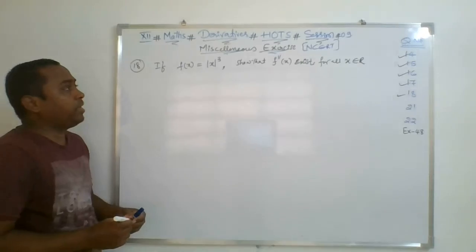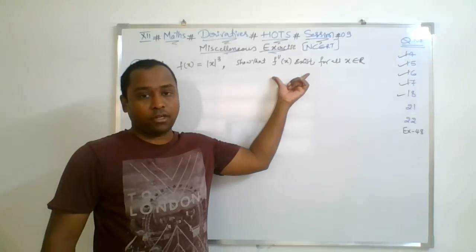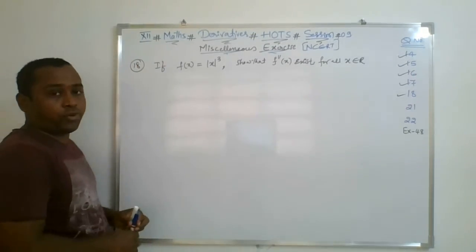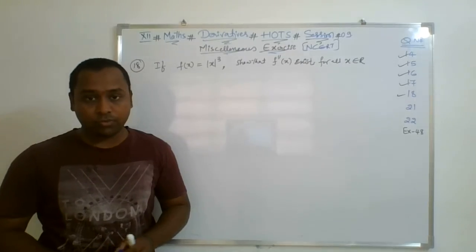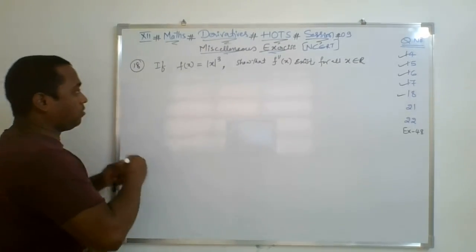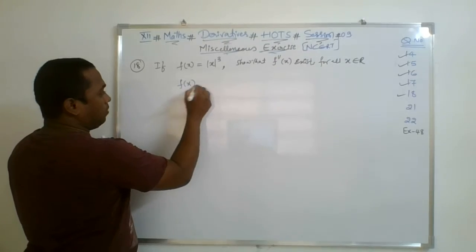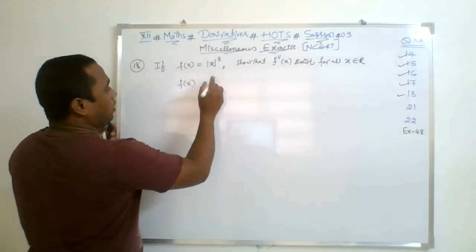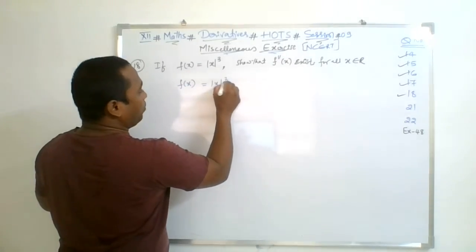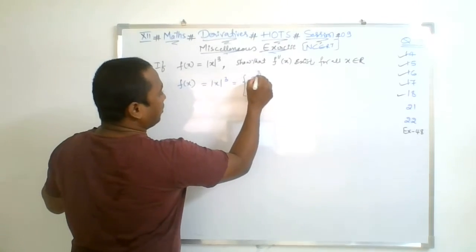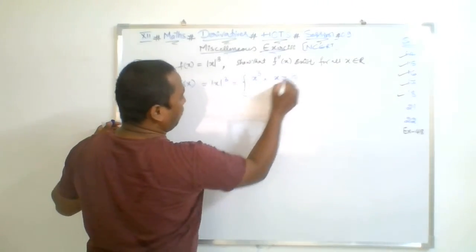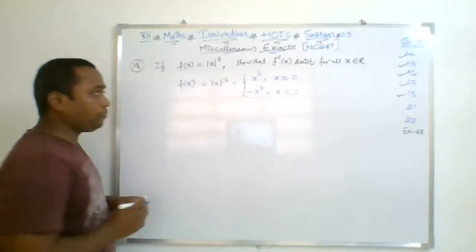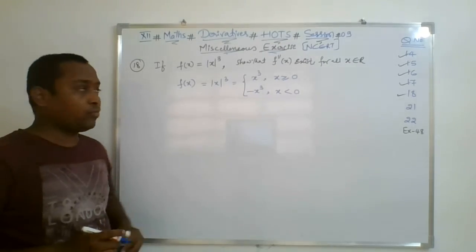First, we'll simply do the derivative of the function twice and then we will conclude the statement. Now since it's a modulus function, before doing the derivative of this function, you may write the nature of this function according to the value of x. This can be written as mod x cube will be x cube when x is greater than or equal to 0. It is minus x cube when x is less than 0, according to the definition of modulus function.